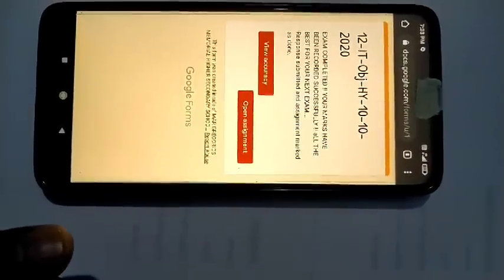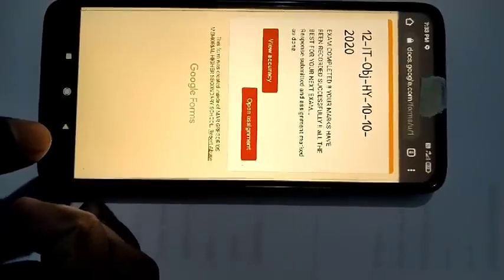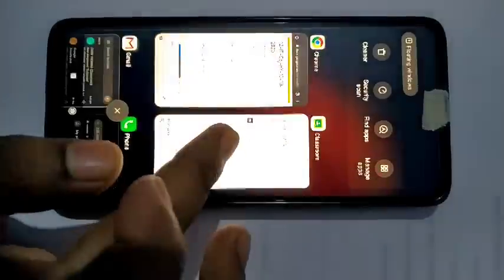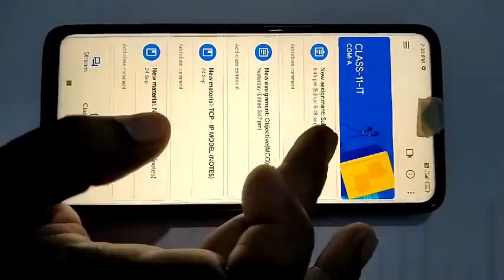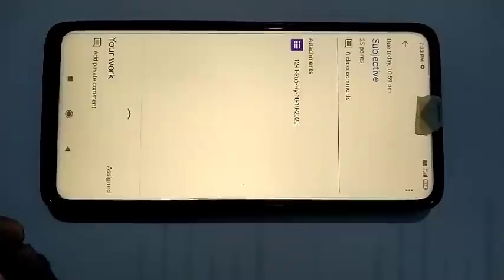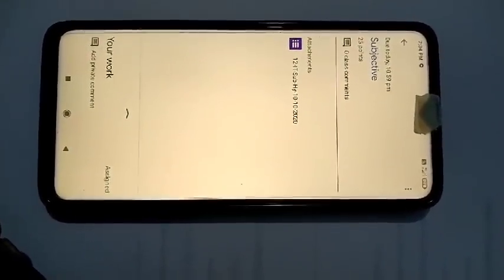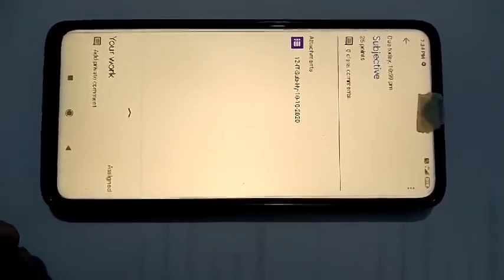After doing this objective part you will again go into the classroom, and you will find a subjective question. For answering the subjective question you have to write the answer on an A4 sheet, and you have to upload the pictures for the same.